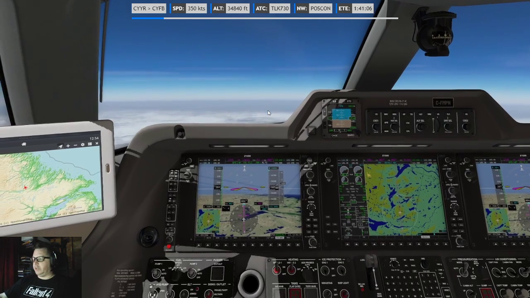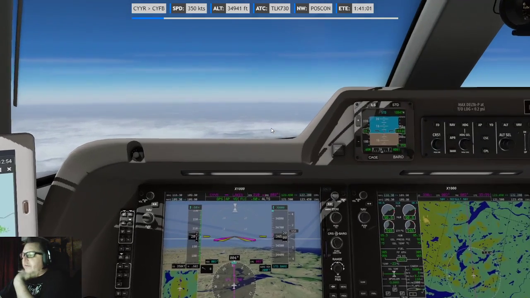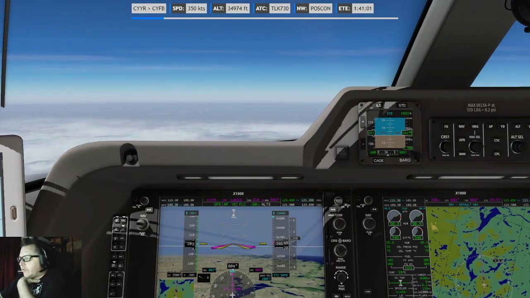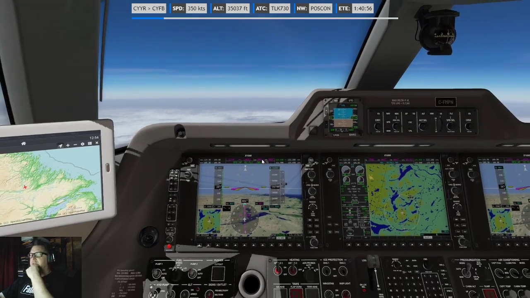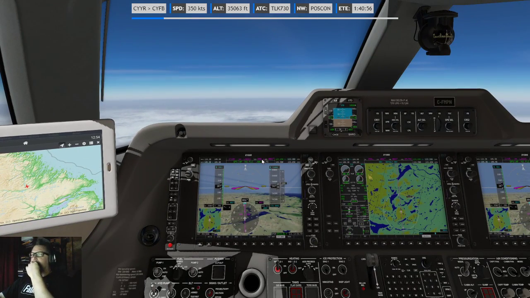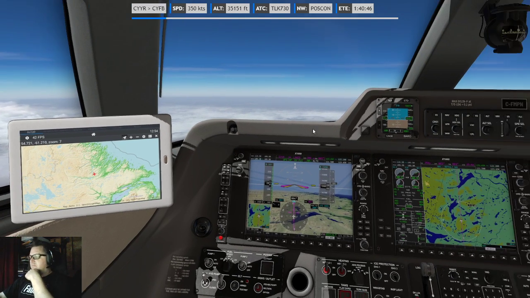Working. All right, 1500 to go. No, we're not going to 35. We're not going to 36. We're going to 39. So yeah. What's the frames? Yeah, not bad.